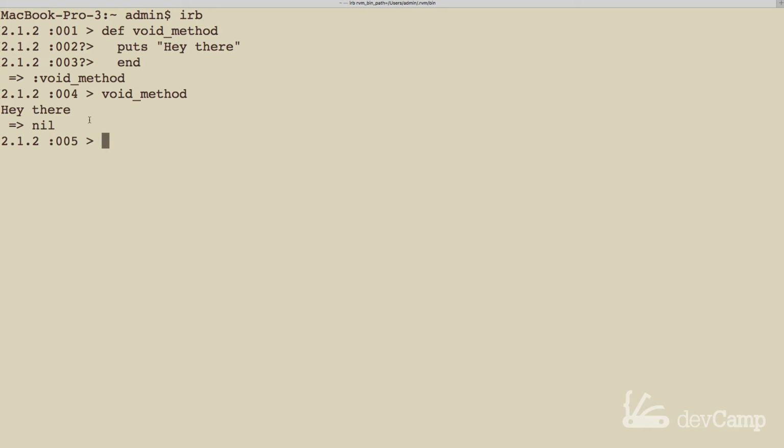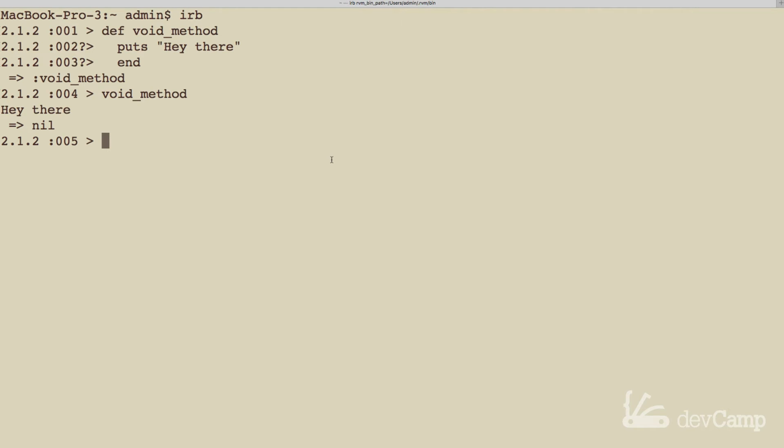So what exactly does this mean? This is something kind of interesting, especially if you've never paid attention to it. What the second line in IRB stands for is what gets returned from the method. And right here, we're not actually returning anything because puts doesn't return anything here. All we're doing is printing out this message, and that's it. You may think it's not a big deal because it printed out hey there, and that's fine and good. But there's something really important to know.